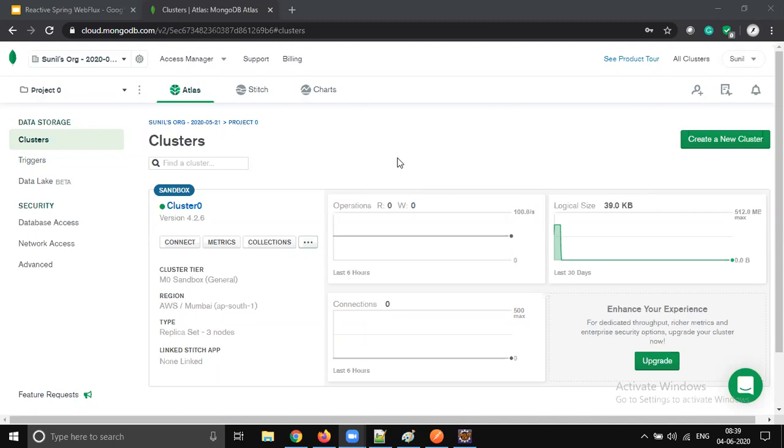So now, let's do one thing. We just simply created a database, no data. If you want, I will show the step by step process if you are not clear. If you are able to follow, it's fine. If you are not able to follow, let me know. I will show a live demo. I will create one cluster and we will delete the cluster also.